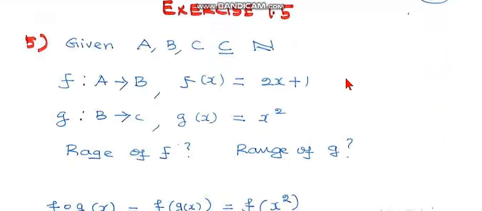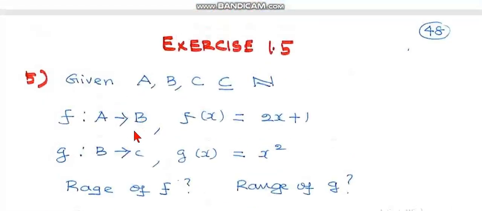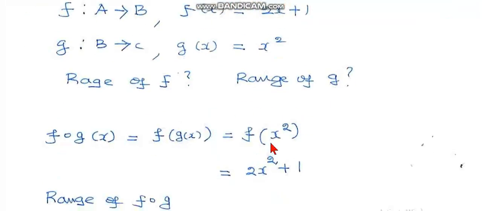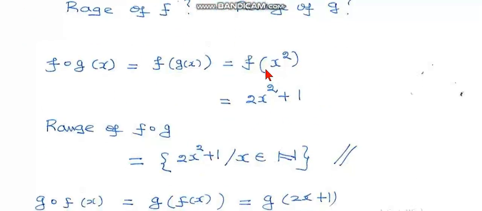Now f dot g of x. To find the range of f dot g, let us find the impact of f dot g on an element x. F dot g of x is f of g of x. That is f of rule for g, just square. So it is f of x squared. Rule for f, multiply by 2, add 1. So it is 2x square plus 1. So we have got f dot g of x is 2x square plus 1. So f dot g has the effect of squaring, multiplying by 2 and adding 1.